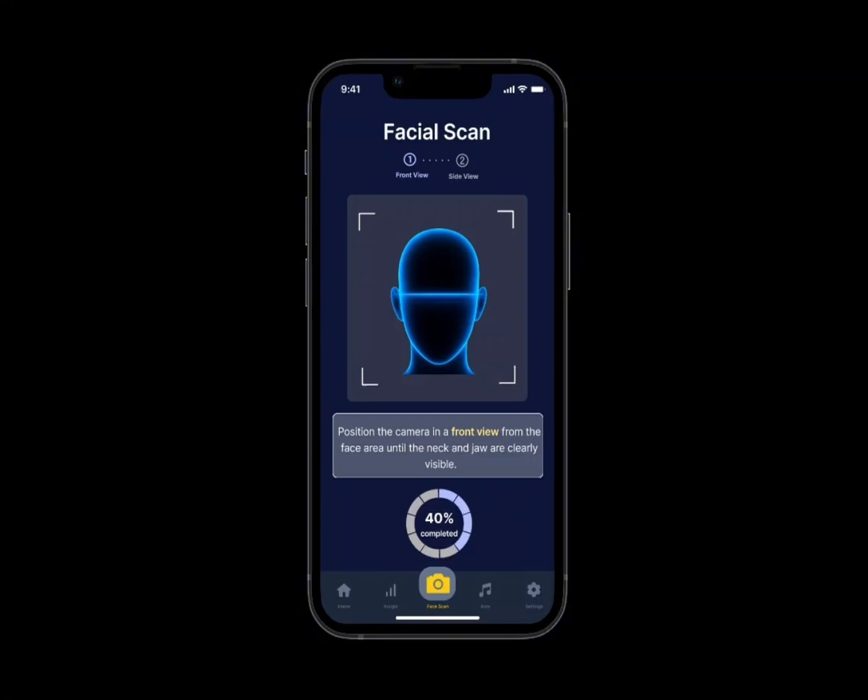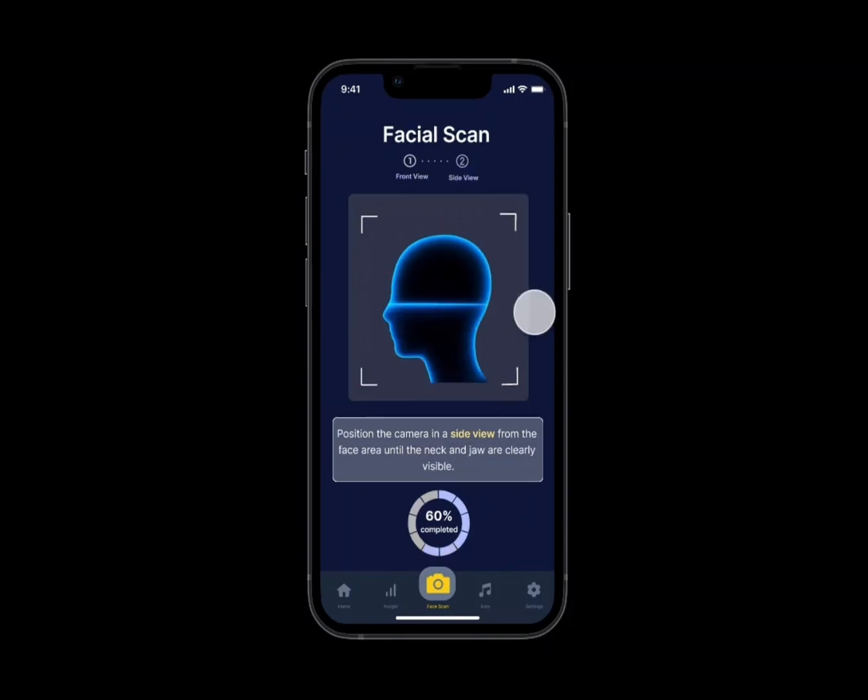Once the front view scan is completed, the user will continue with the side view scan, where the user needs to turn their head to the side so the system can analyze their side profile, including the neck and jaw area. There is also a progress bar that shows 60% completed, which allows the user to monitor the scanning progress just like